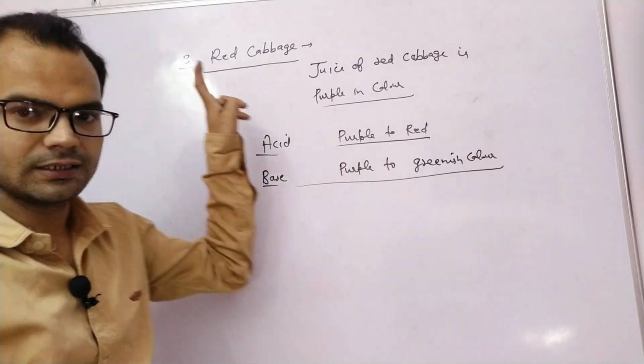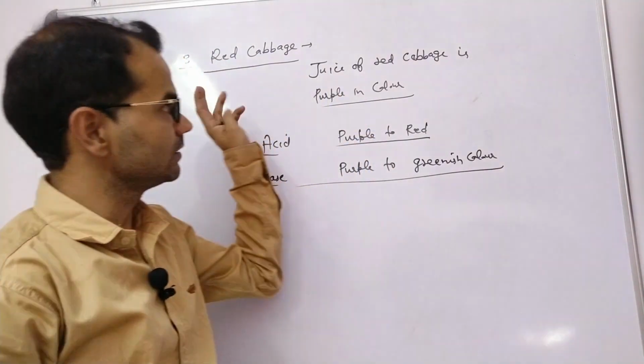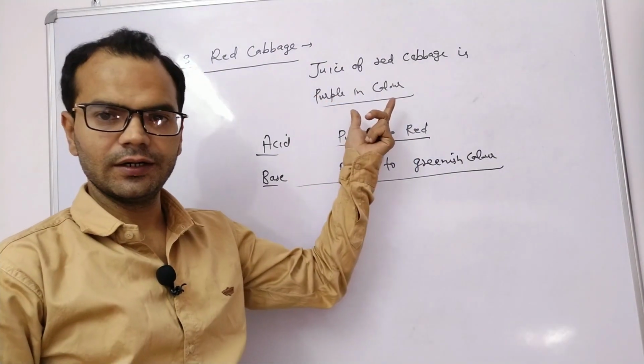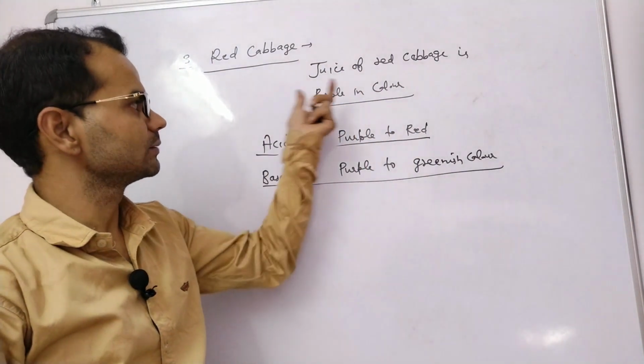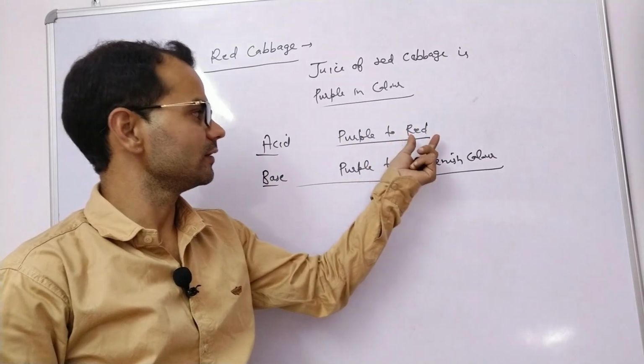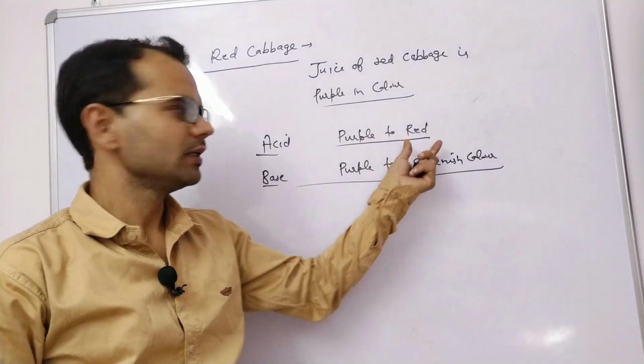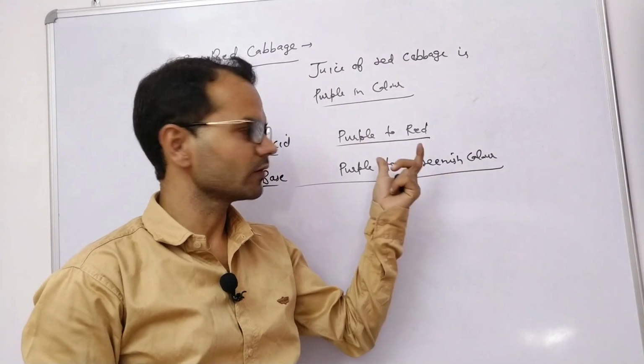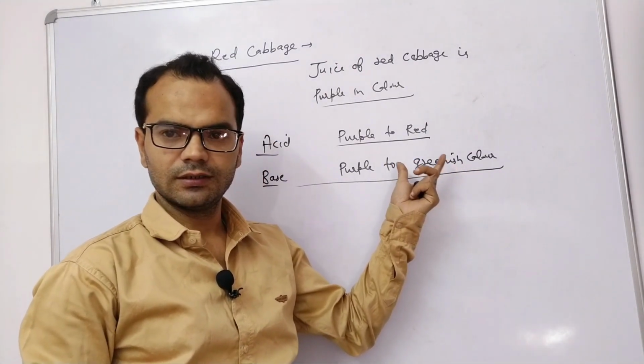So this is the third natural indicator. Red cabbage, the juice of red cabbage is extracted and that is purple in color. And if a few drops of acid are added on this purple color, then the solution will finally be of red color. And if base is added, then the final color will be greenish color. Clear? Next, fourth is